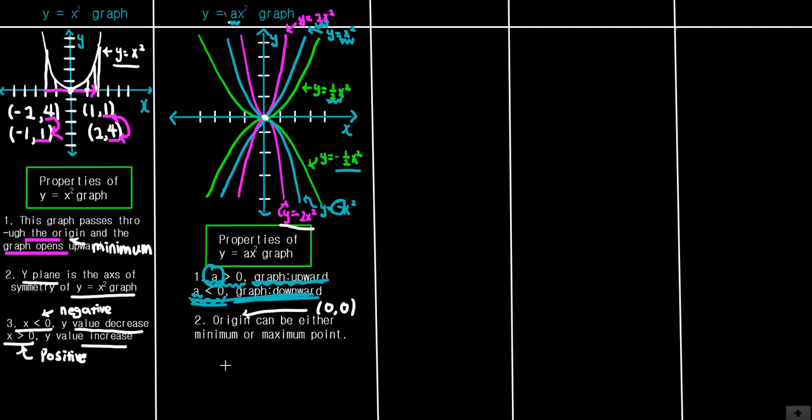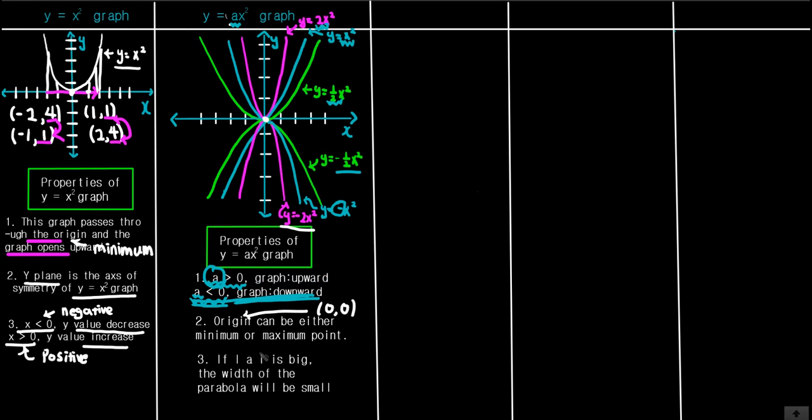The third property is that if the absolute value of a is big, the width of the parabola will be small, and we can prove it through our cases right over here. So in order to prove the third property of the y equals x squared graph, we need three examples, which I will choose: y equals 2x squared, y equals negative 1 over 2 x squared, and y equals negative x squared. So if you write it down,